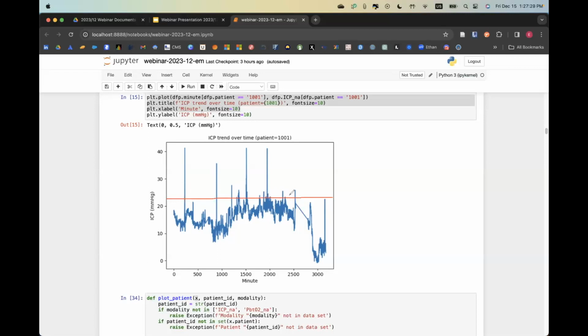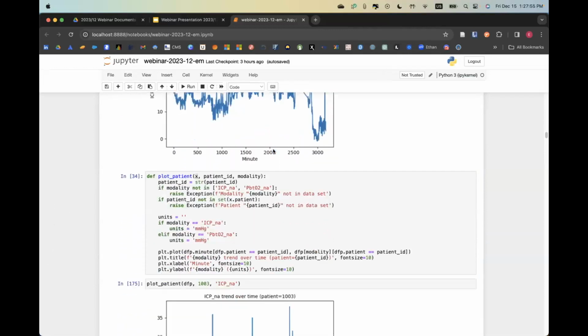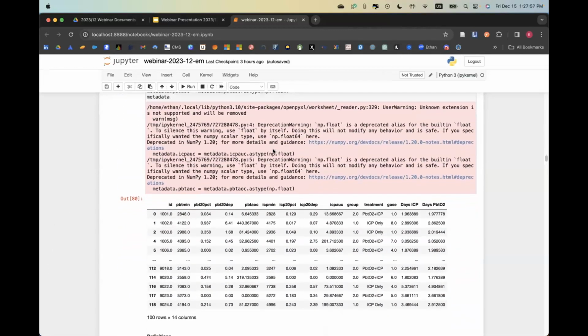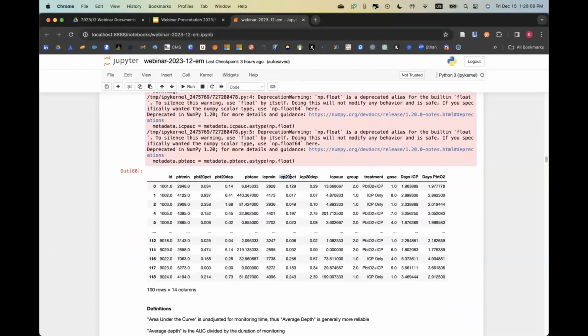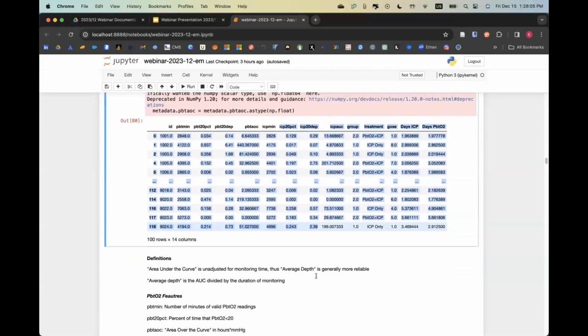But that function will actually create little rectangles between points and then sum the amount of area that's above this threshold of 22. And it'll do the same thing for PBTO2. I believe that's slightly different than what was provided in the metadata table. The threshold that they provided was 20, which was the old ICP threshold, whereas what I'm doing is 22.